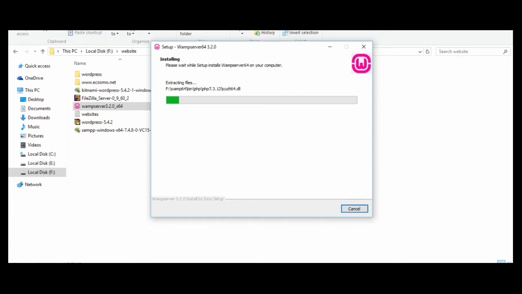Now this process takes some time. There's another application too that could be used to install your WordPress locally, and that is called XAMPP. But you can choose either of them, either WAMP or XAMPP, depending upon the RAM that your computer provides.